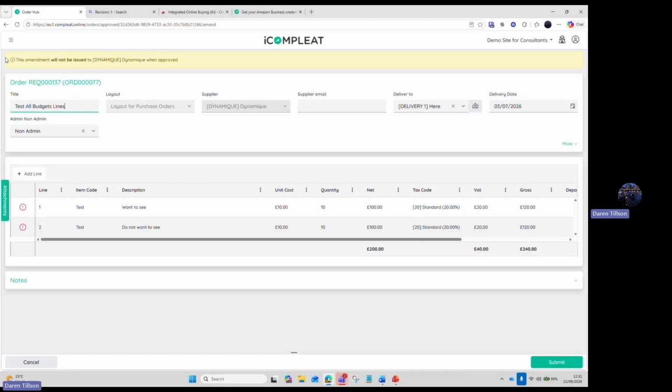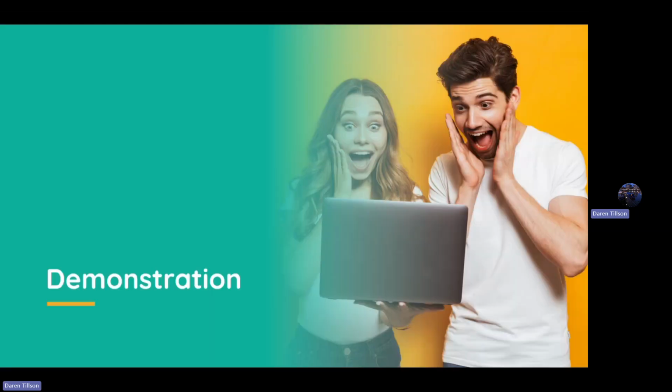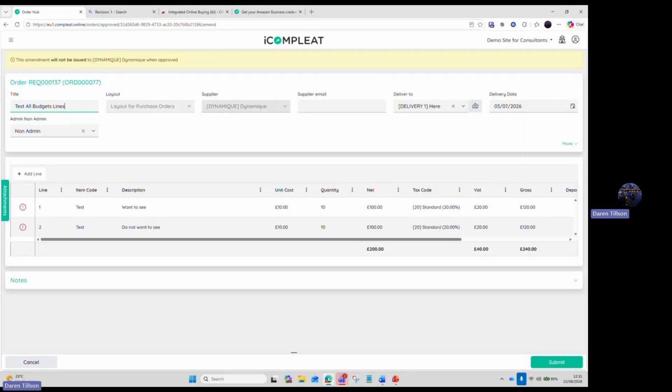So we click onto amend. It's telling us up at the top, according to our settings, that we are not going to automatically issue. So what we'd be looking to do is go to actions and then reissue to the supplier if indeed we wanted to. But what we'll find is that we are able to now amend things like the coding, so the